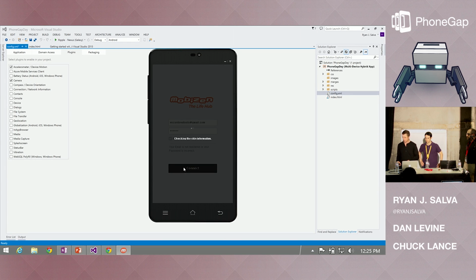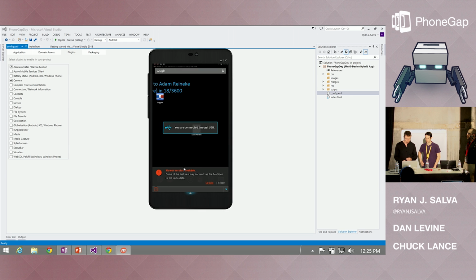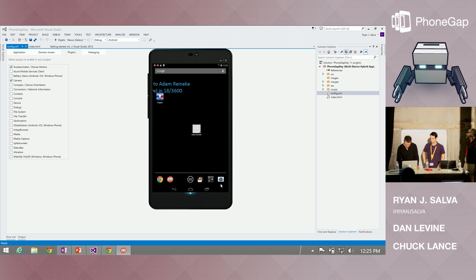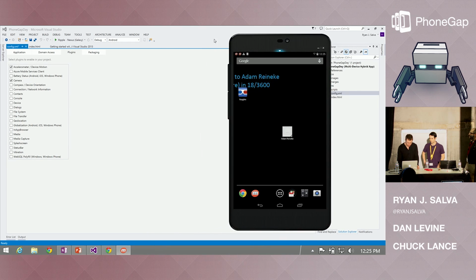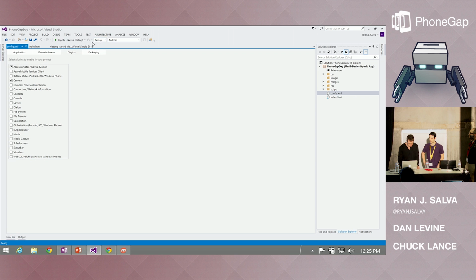I just want you guys to be able to see kind of what's actually happening on the screen here. All right, yeah, see, so now I'm connected, and that's my device, and I'll make it a little bit bigger. Yes, a newer version's available. I haven't updated yet. All right, cool.